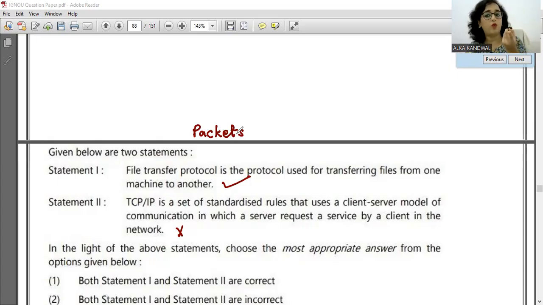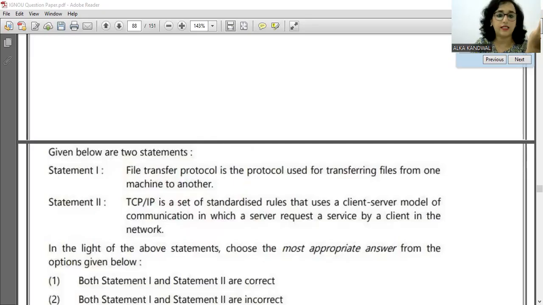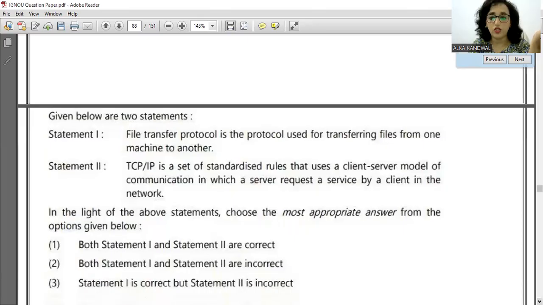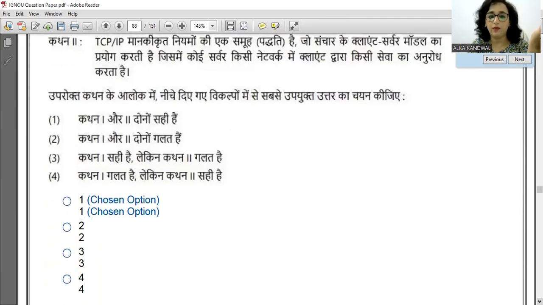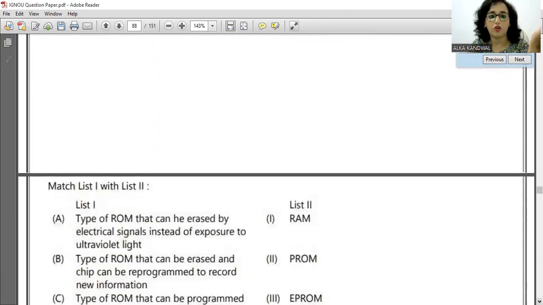जो हमने OSI model किया था 7 layers, do you remember? All people seems to need data processing. I told you application layer, presentation layer, session layer, transport layer, and network layer, and physical and application. So these are the layers. तो ये उससे भी पुराना एक protocol है. So it is not based on the client server. Only first statement is correct. So are you observing कि question का level तो बहुत अच्छा खासा है, तो इसलिए हमारी तैयारी भी वैसी ही होनी चाहिए. Do you agree or not with me?